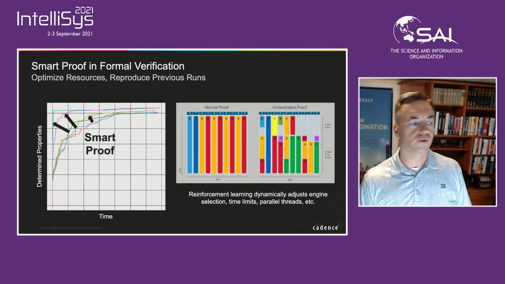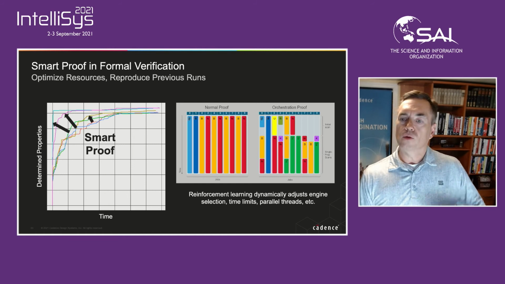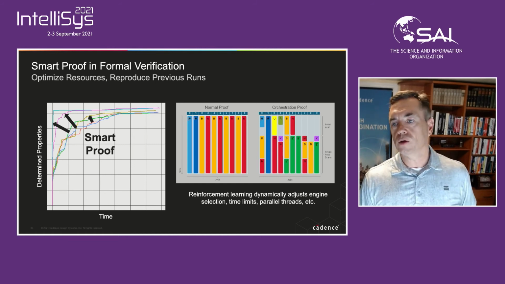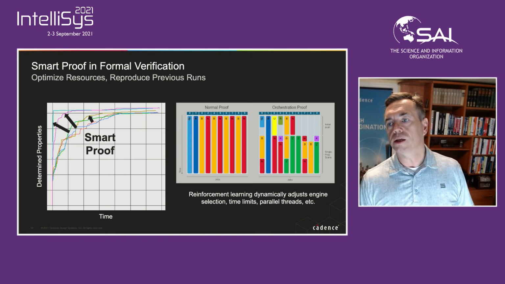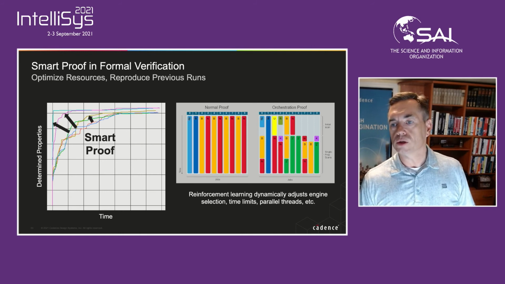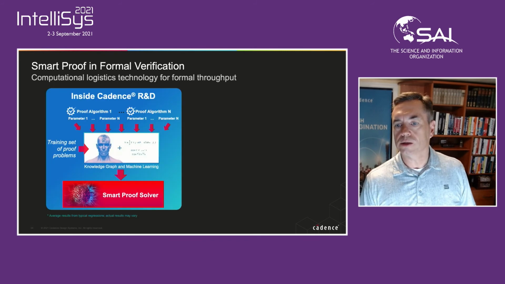Another part of verification is what we refer to as formal verification. That is formally proving the properties of a design. And what you do there today, you have SAT solvers and you have all kinds of very advanced formal verification engines. You kick these off in parallel and you then basically orchestrate how much resources you are providing for each of those solvers. And we are training essentially within Cadence a